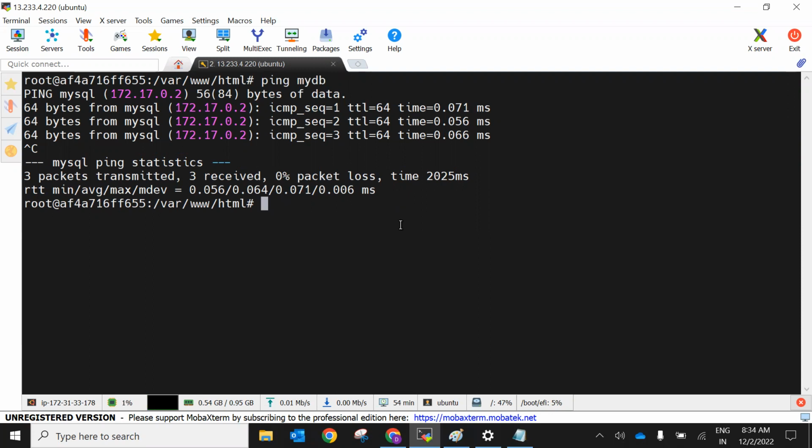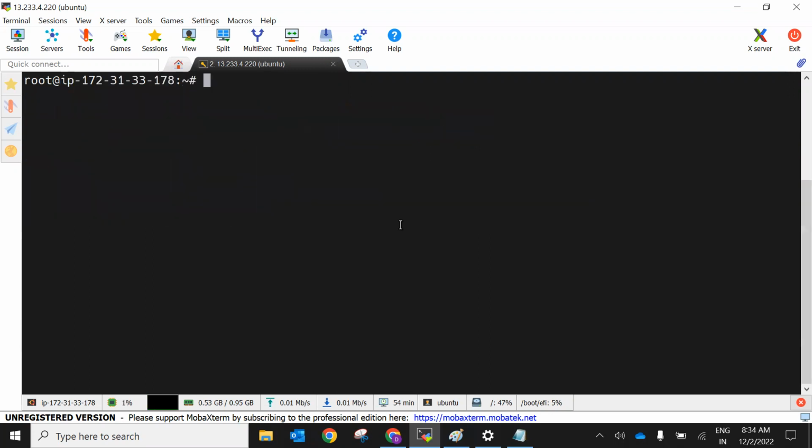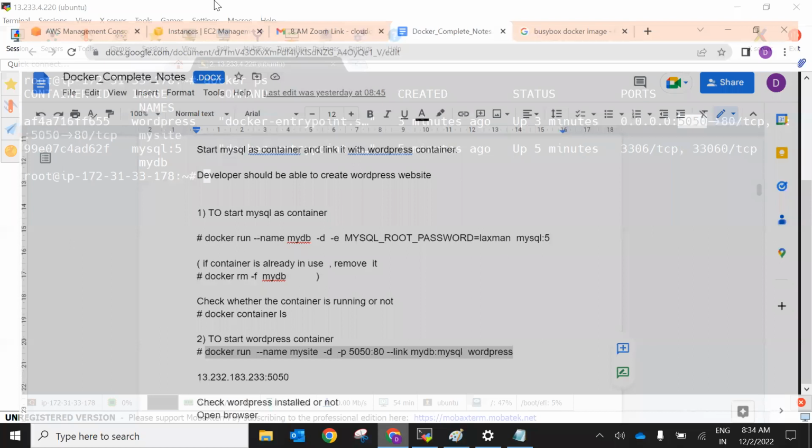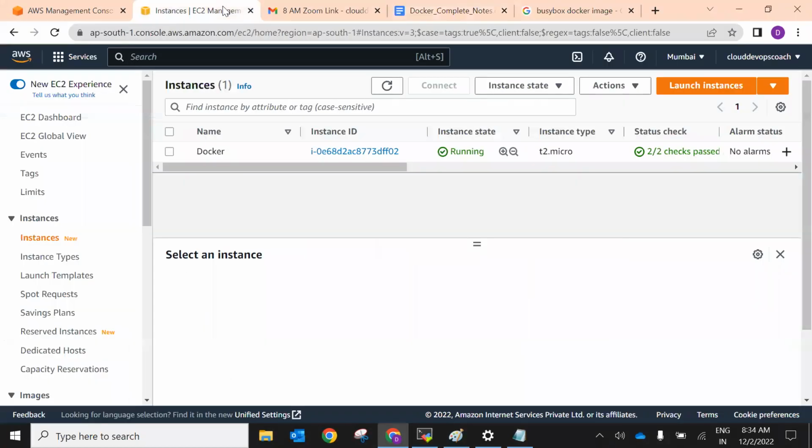Now let's use Ctrl+P+Q. Exit also we can use, but I'm habituated to Ctrl+P+Q only. Ctrl+P+Q. The containers are running now. We have performed port mapping for WordPress. Now I should be able to access WordPress on port 5050. What's the IP address of my machine? This is